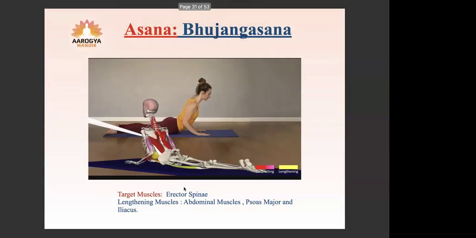Now coming to Bhujangasana. So when you see Bhujangasana, what is the target muscle for Bhujangasana? Why are we practicing Bhujangasana? We are practicing Bhujangasana to basically strengthen this erector spinae group of muscles, because these muscles